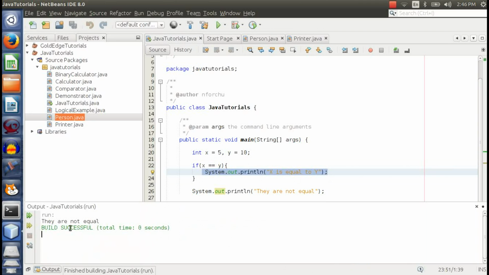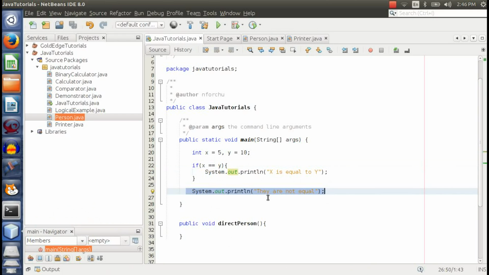Okay, now I just got it. And what do we have? They are not equal. You see, it's good. It does not get inside this block of code, and it jumped directly and printed they are not equal, which is good. But now let's change these to,